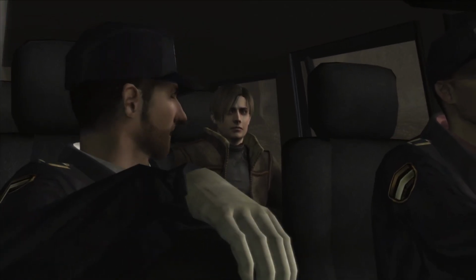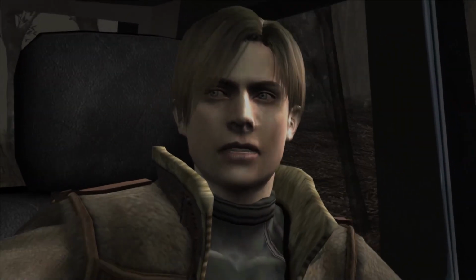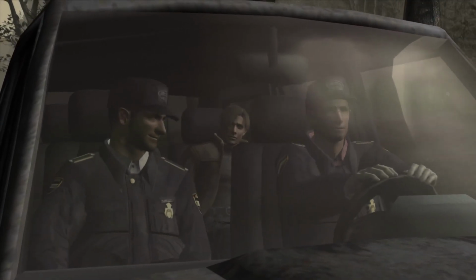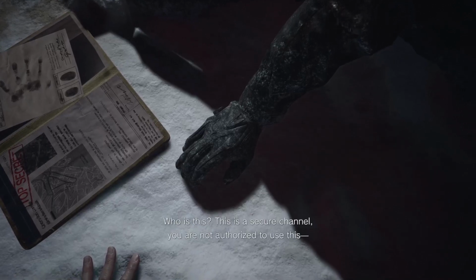I don't think Resident Evil 4, 5, and 6 meet this criteria necessarily, but I'd have to really revisit them to break them down. Maybe they do, let me know in the comments. I do think these new entries, whether you like them or not, have returned to this point of focus.